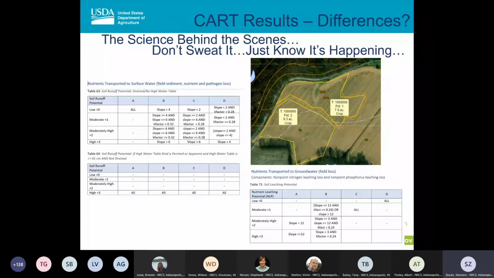Again, you've fed CART. CART knows where you are in the world because you've digitized your land units in CD, and then you've told it some things about the nutrient use on that farm, as Tony went through. And then it's using all these calculations to decide, what is your threshold, and is there enough conservation on the ground to address that resource concern? So it's looking at soil runoff for nutrients, nitrogen and phosphorus, different assessments for each, as well as leaching potential for nitrogen and phosphorus. So again, a lot goes on behind the scenes that you need to be aware of, but you don't need to know the details unless you really want to know the details. And I'll tell you what, Shannon,